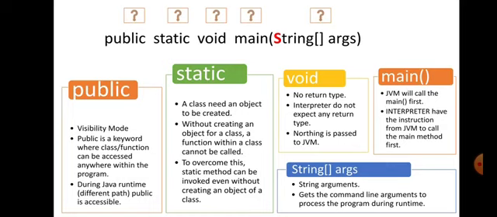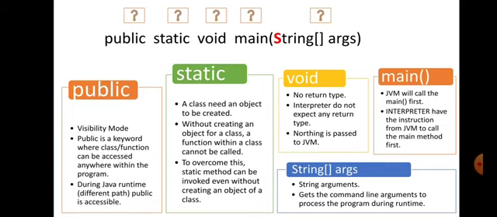So the user may be asked to enter those two numbers. If the user enters 2 and 3, based on that command line argument, the addition will be performed on those two data, that is 2 plus 3. Finally, the result is displayed on the screen as 5. So that 2 and 3 are nothing but command line arguments. Hope this slide is very informative to you.